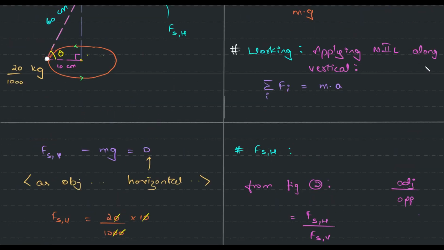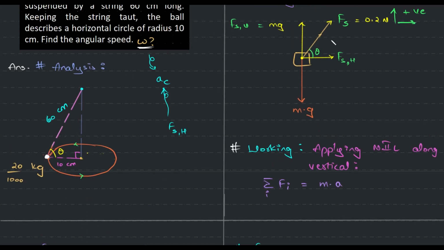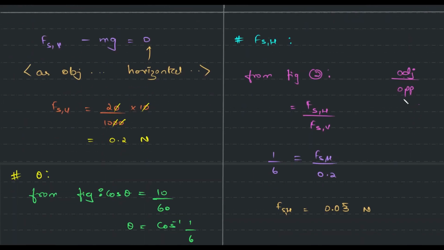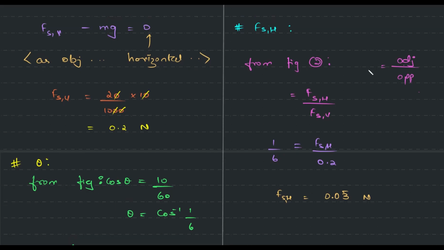What I did, I have to make use of vertical, which I know of. That is opposite to angle theta. FSH is adjacent. That's what I have written over here. And this is nothing but your 1 by tan theta, or if not cot theta. So in my calculation, I can take 1 by tan theta. So we need to figure out theta value over here. So cos inverse of 1 by 6. This is approximately 80.5 degree. So 1 divided by tan of 80.5